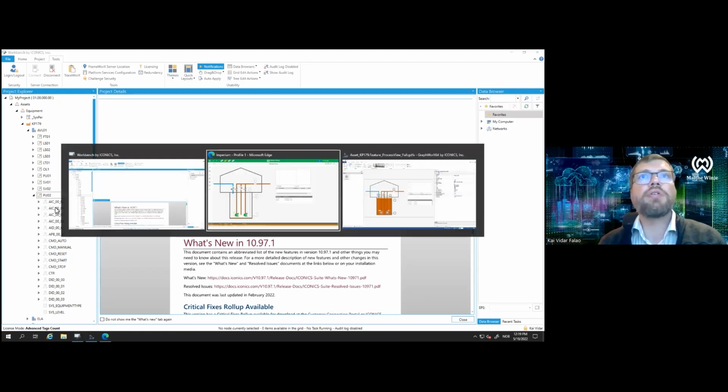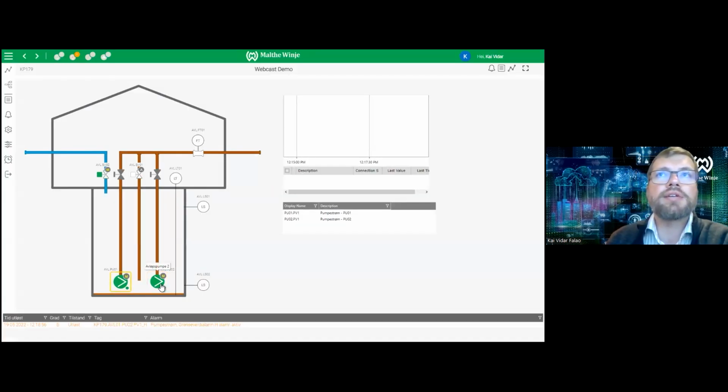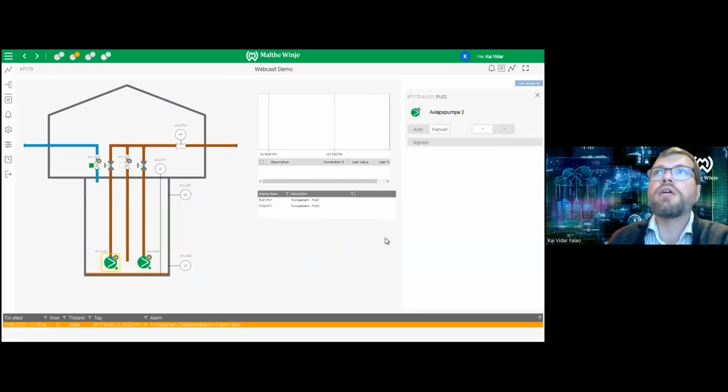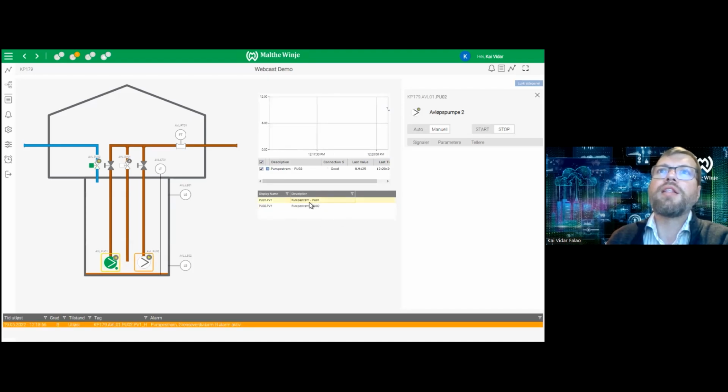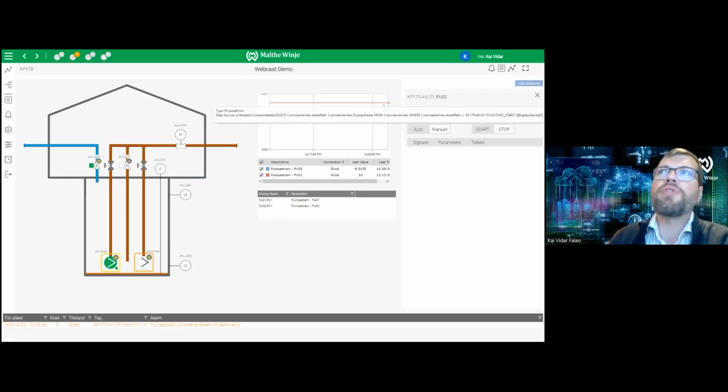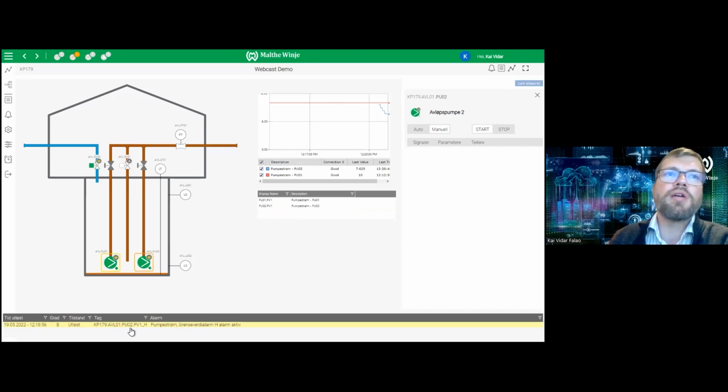And we can go back to the live view and see that everything has come alive. We can click on the pump. We have access to the pump. Let's start by monitoring these 2 currents from these 2 pumps, and we can start and stop this pump directly. And as you can see from this alarm, the pump 2